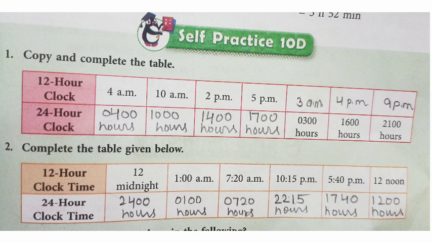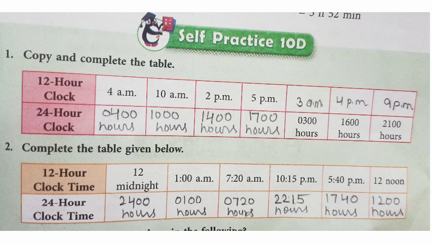For 21 we know that if you subtract 12 from 21 you will get 9. So it is about 9 p.m. That's why 12 plus 9, 21, 00 hours they have written. So we do it vice versa. If it was given 16, we have just subtracted 12 from that 16, which gave us 4 p.m. Similarly, in 21, we have subtracted 12, which gave us 9 p.m.